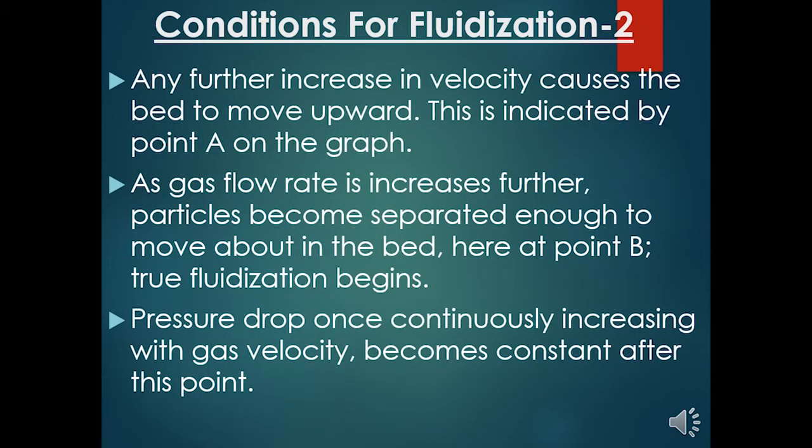This is just a summary of what we explained from our observations in the graph, in which we said that after a certain point when the bed starts to fluidize, the pressure drop continuously increases along with the increase in the superficial velocity, and the fluidized bed of particles moves in the form of a suspension towards the top of the column. If there is no protection available at the top, the particles will of course overflow, and the velocity at which that happens is known as the entrainment velocity.